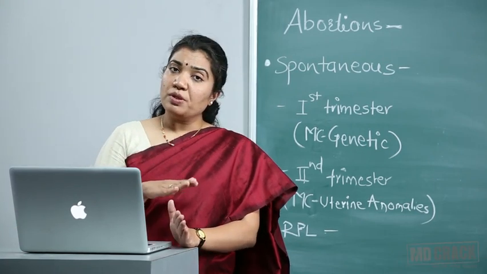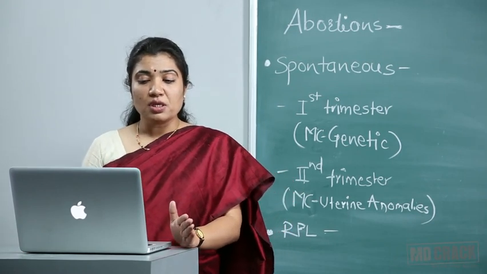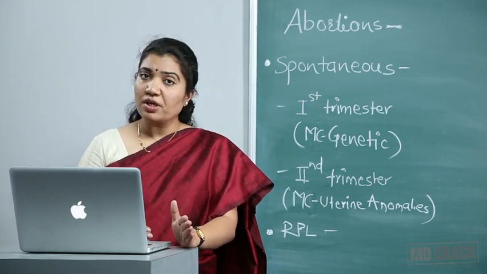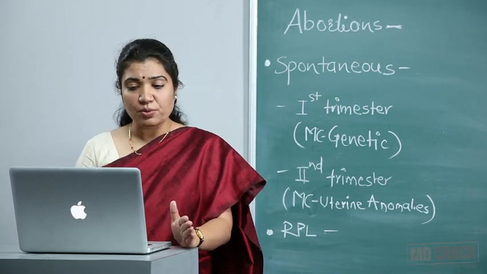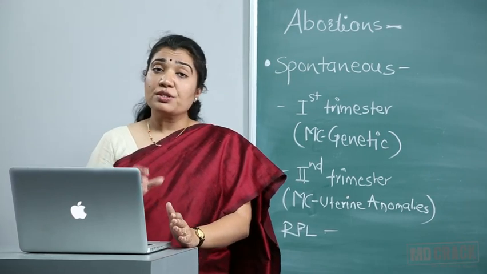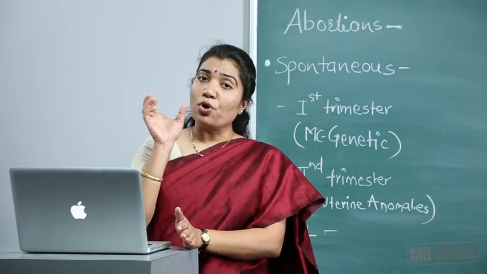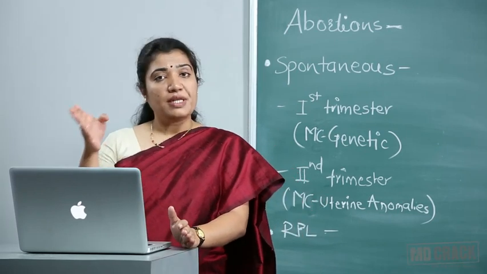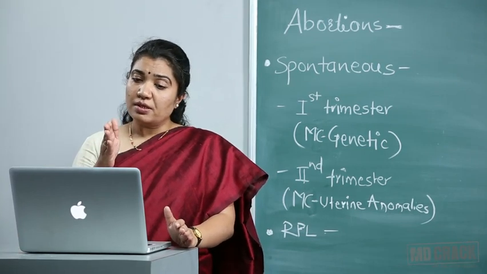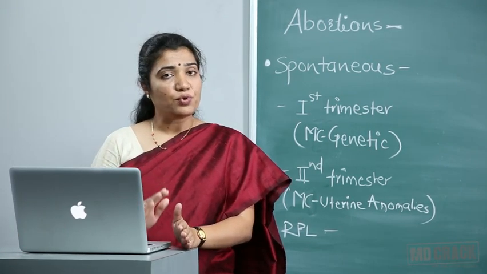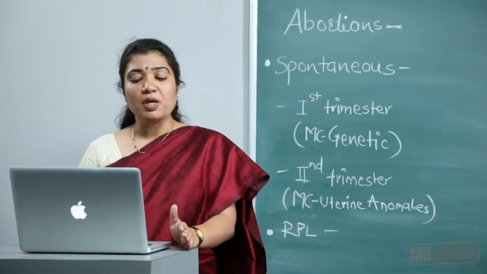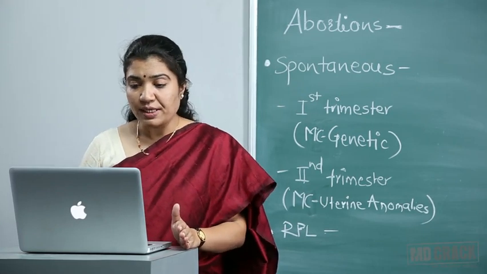Over here we can try both methods, either medical or surgical. Medically we can use drugs like misoprostol, or surgically either MVA or suction evacuation and dilatation and evacuation. It's important to check the bleeding diathesis in these cases because if the missed abortion is for a longer time, it may lead to DIC, that is disseminated intravascular coagulation. So before doing any procedure on this patient, we always have to check the bleeding diathesis, like bleeding time, clotting time, prothrombin time, and confirm that the patient is not in DIC.